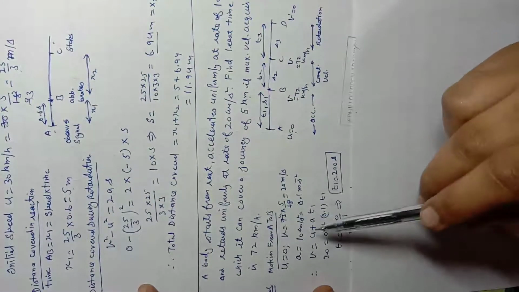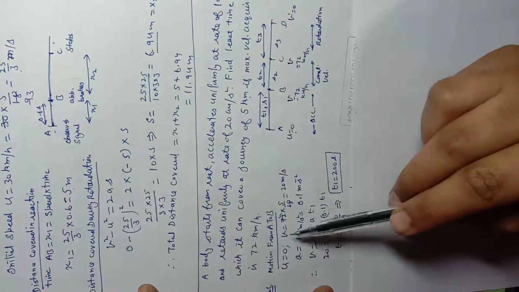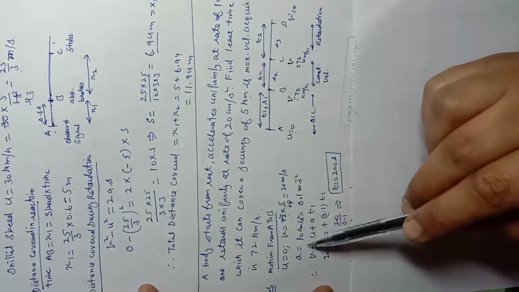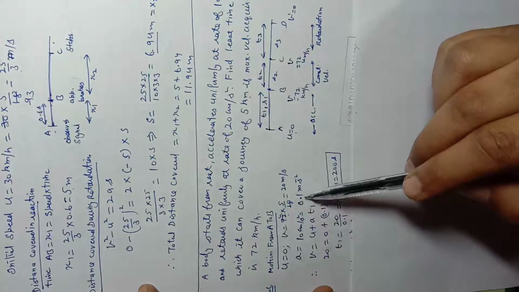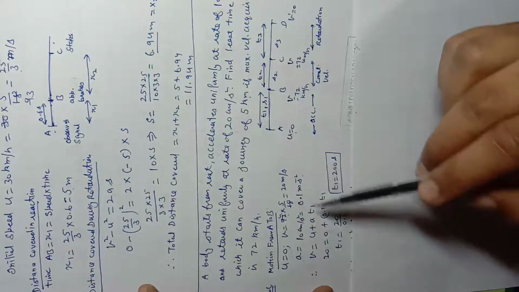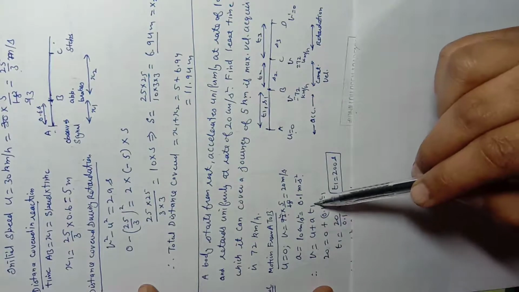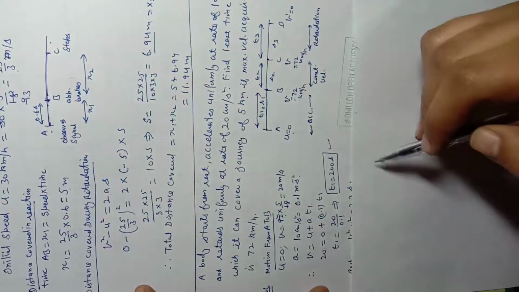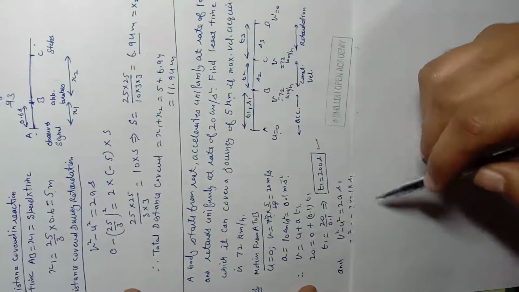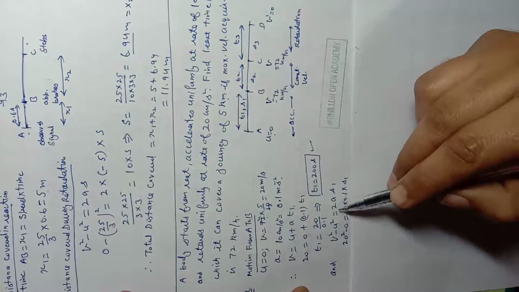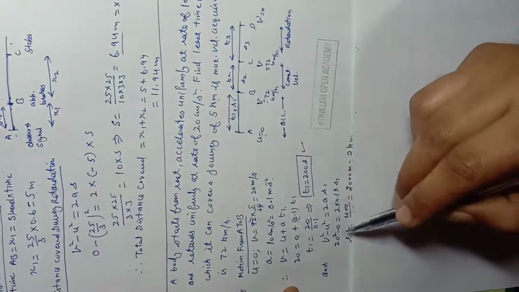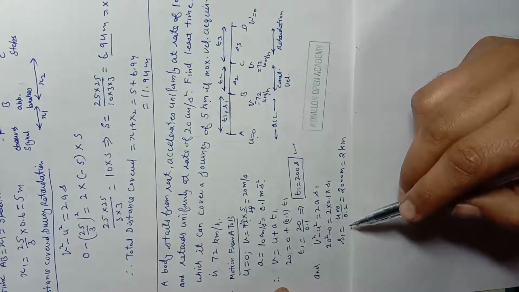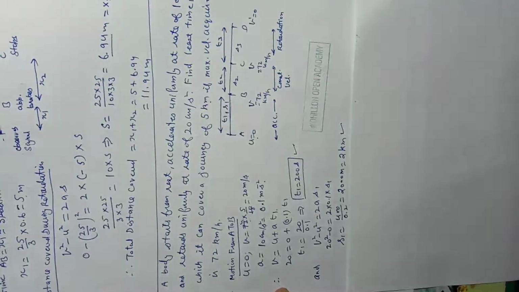In motion from A to B, initial speed was 0. Final speed is 72 km per hour, which is 20 meter per second, and acceleration is 10 centimeter per second square, which is 0.1 meter per second square. So if we use v equal to u plus at, the time interval of the first section A to B comes out to be 200 seconds. Also, if we apply v square minus u square equal to 2as, after substituting the values, we can find out the distance covered from point A to B, which is 2 km.